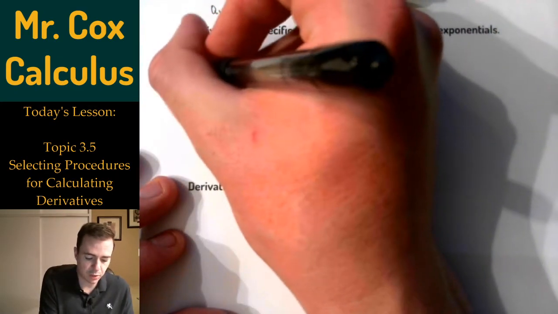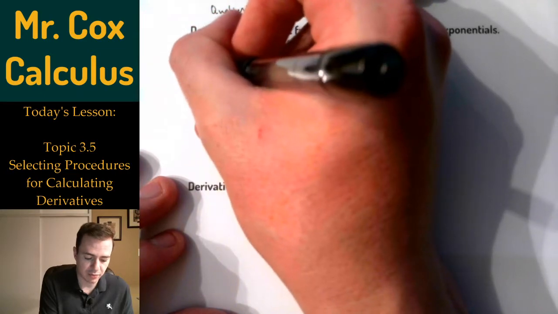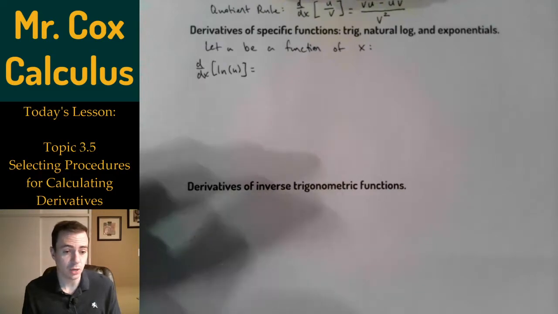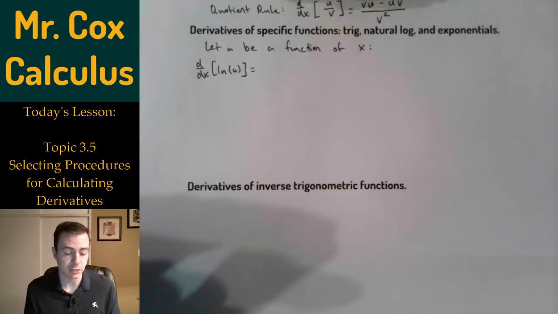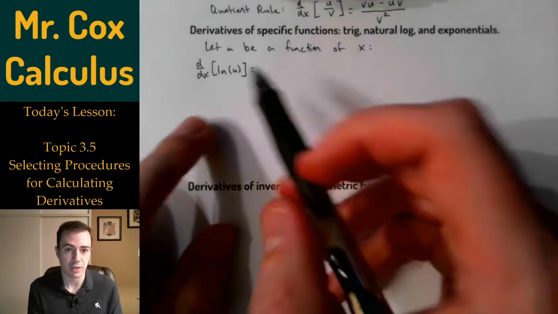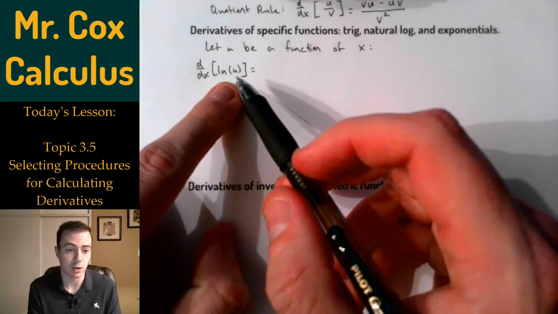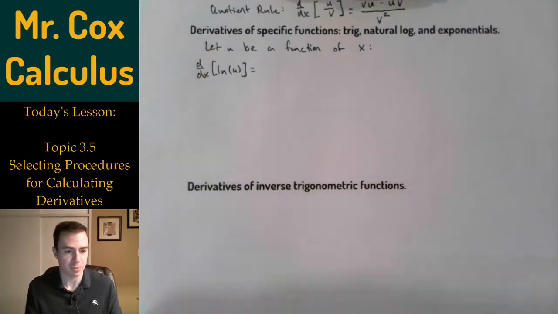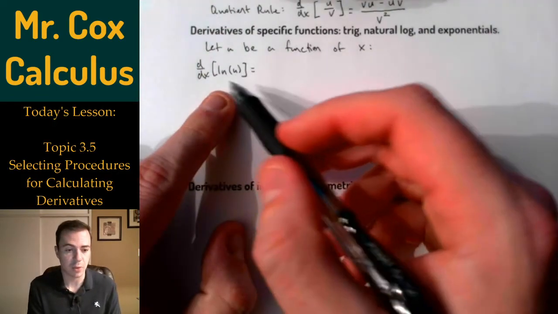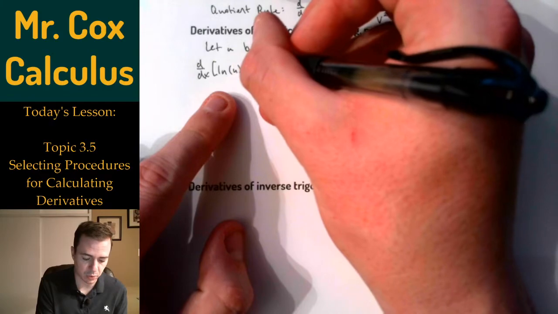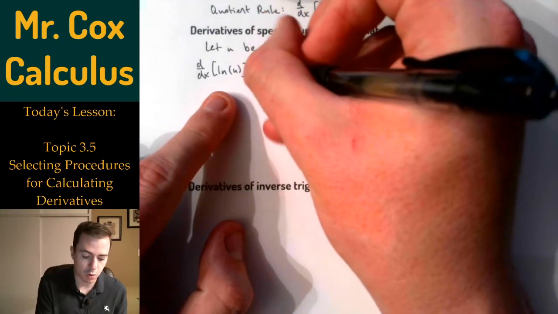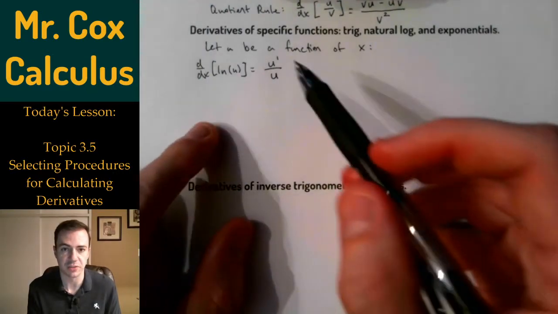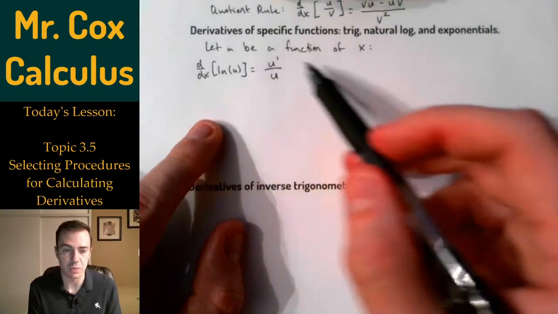The derivative with respect to x of the natural log of u. Well, we said earlier the derivative of natural log of x was 1 over x. So if u is a function of x, it's going to be 1 over u times the derivative of u. There's the chain rule now being brought into that derivative that we learned in Unit 2. So this ends up equaling u prime over u. And again, understand the u prime, that's our execution of the chain rule